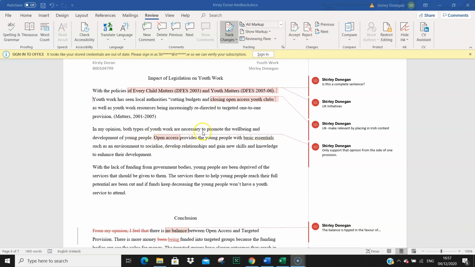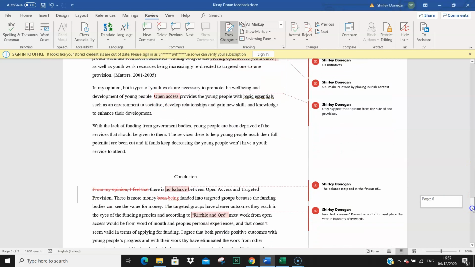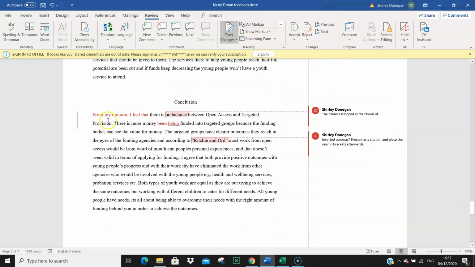Here you say both types of youth work are necessary, but you only support one. So you only say reasons for open access rather than targeted, so make that a little bit more clear. Again, rather than the first person, just generalize it. So there is no balance. And I'd suggest that you'd say that the balance is tipped in favour of one or the other or whatever. And